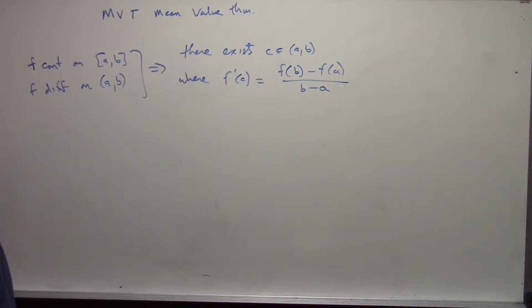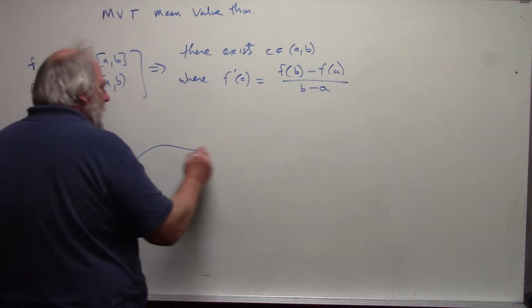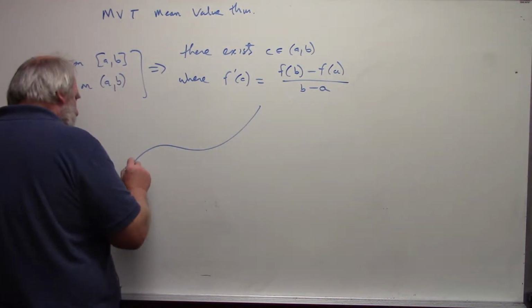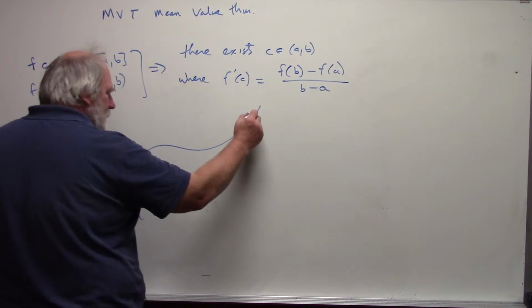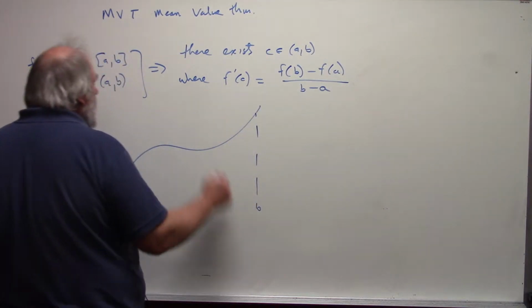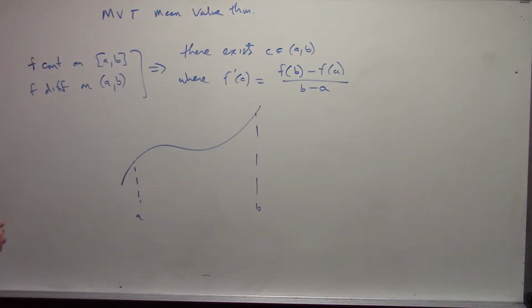Now, again, all of these theorems, IVT, EVT, Rolle's, MVT, are existence theorems. They tell us something about something existing. And in this case, while this looks more complicated, it's really pretty simple. If I have a continuous function on some closed interval [a, b], like this, where it's differentiable, in other words, nice and smooth, then